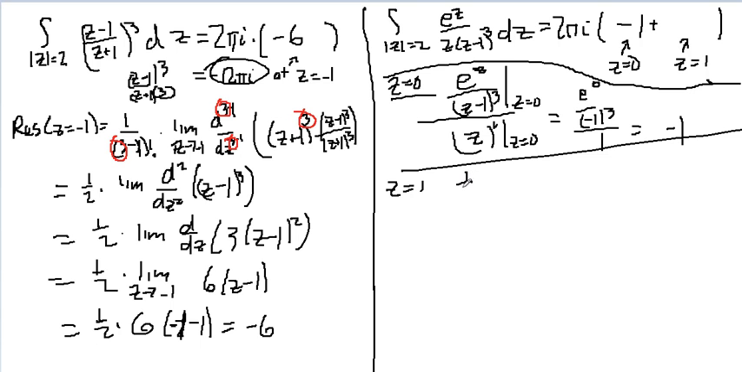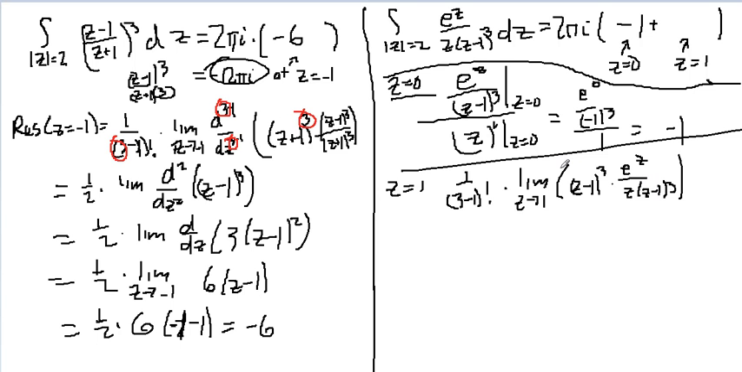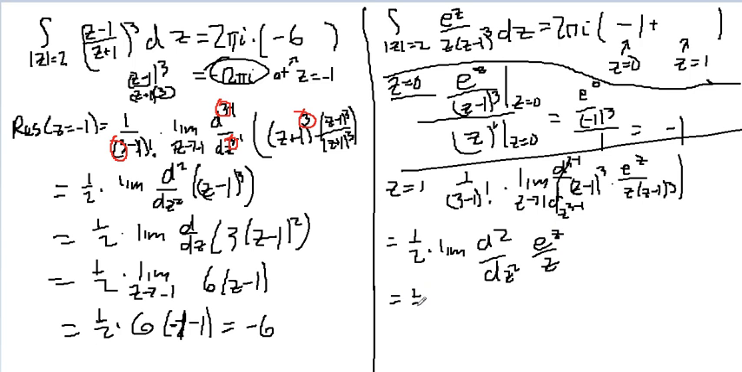What I really want is 1 over, again, the order is 3, 3 minus 1 factorial, times the limit as z goes to 1 in this case, of z minus 1 cubed times f of x. Except I forgot the derivative. So there should be a derivative, d to the 3 minus 1 over dz to the 3 minus 1. So I need a second derivative. So this is equal to 1/2 times the limit of the second derivative of e to the z over z,